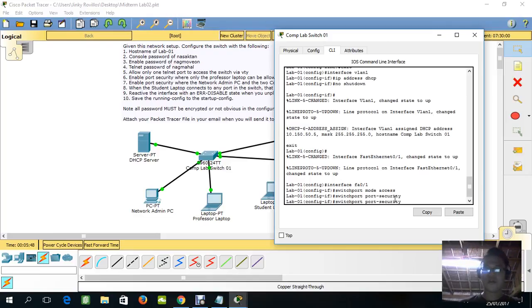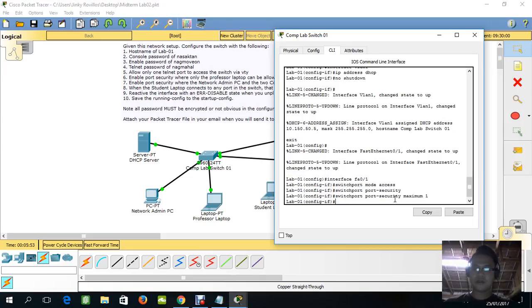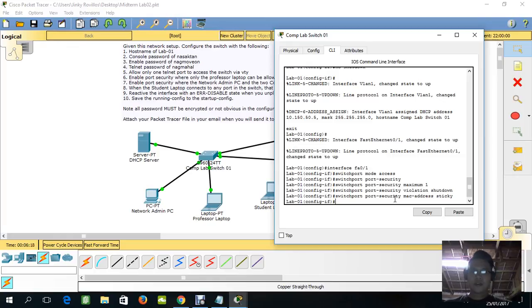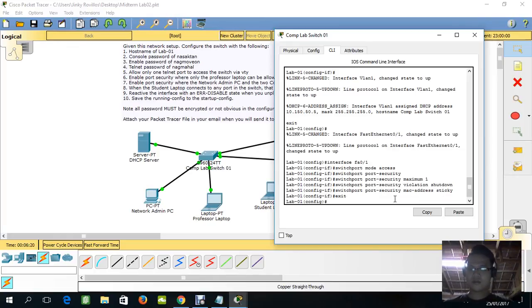And then switchport port-security maximum of 1, and then violation shutdown. Then switchport port-security MAC-address sticky mode. After that, exit, and then we're gonna do the do show run.